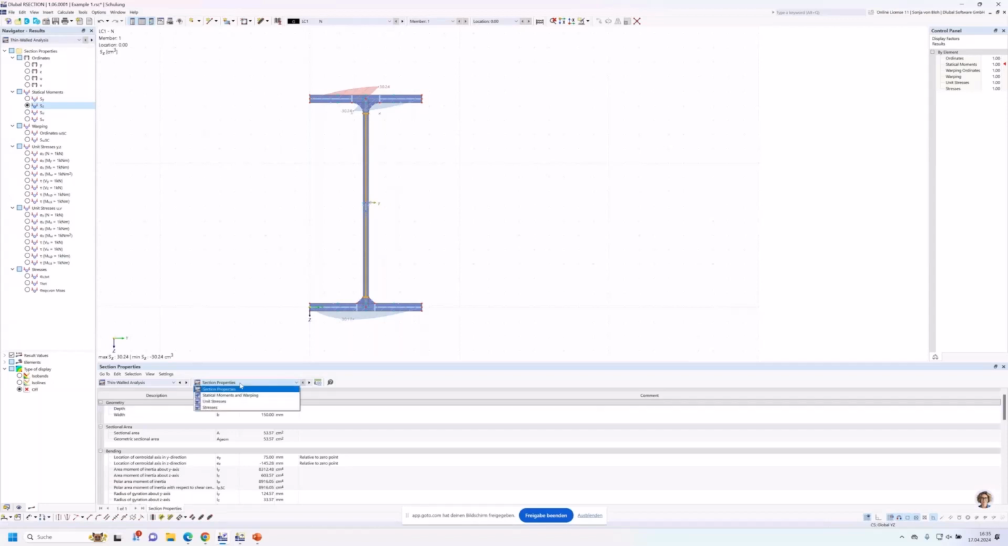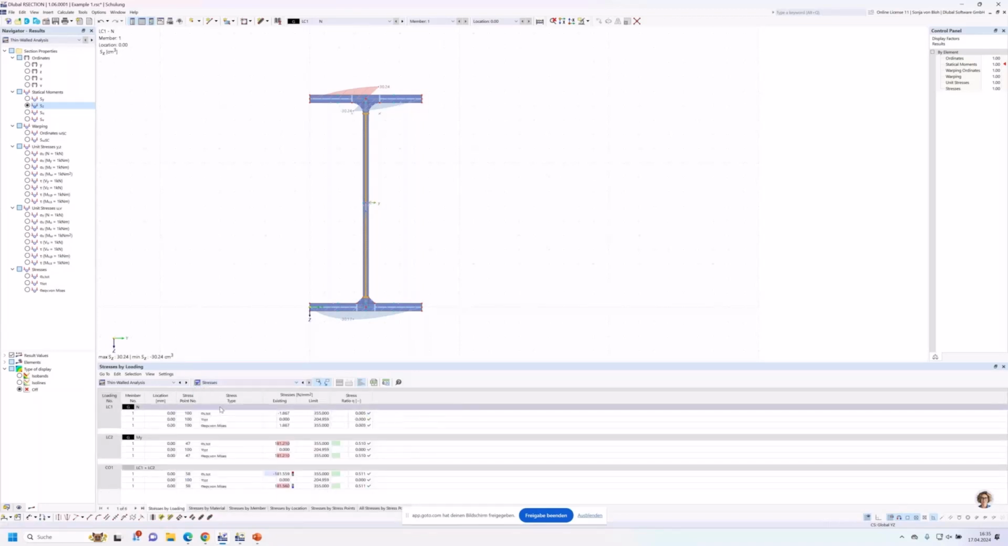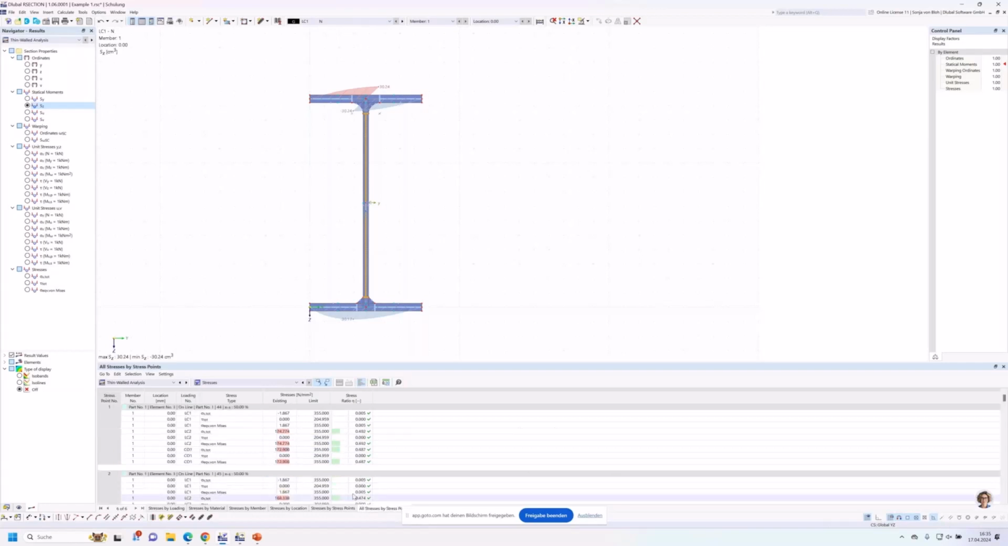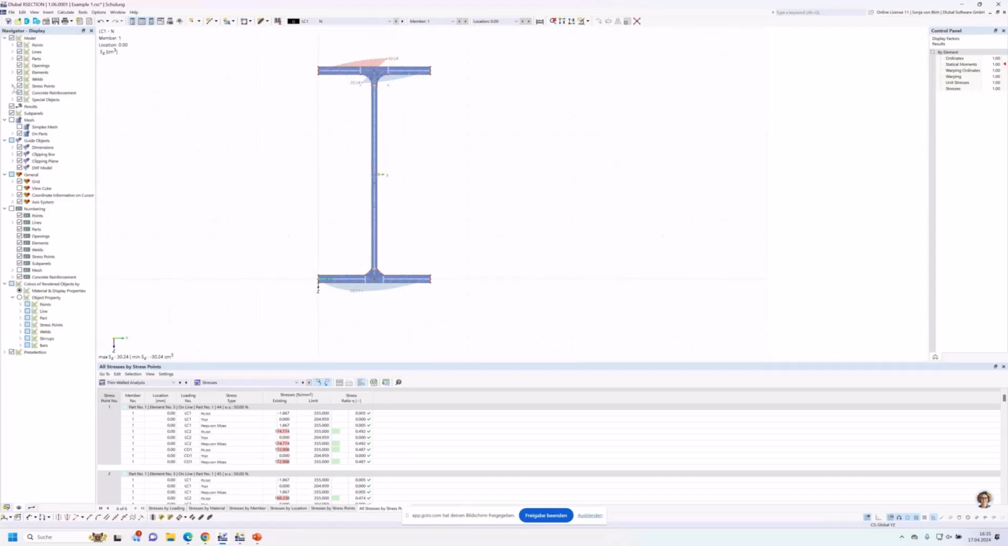You can select here statical moments and warping, and it's also possible to see the numerical results of the stresses. I want to show this here. I choose here the stresses, and it's also possible to show the stresses by stress points. And we have created, I don't see it because of the subpanels here, so I deactivate the subpanels here, but